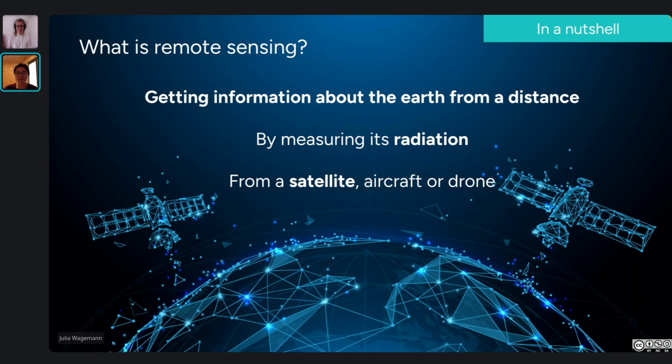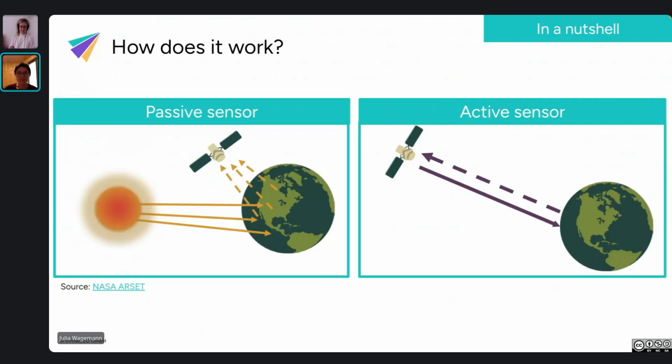And how do we do this? We use radiation measurements, from instruments that are on satellites, on aircrafts, or on drones. Next slide, please. As you can see on the left image here, when the sun shines on the Earth, it reflects light off, and a satellite with an instrument on top of it can then capture this information from this reflected radiation.